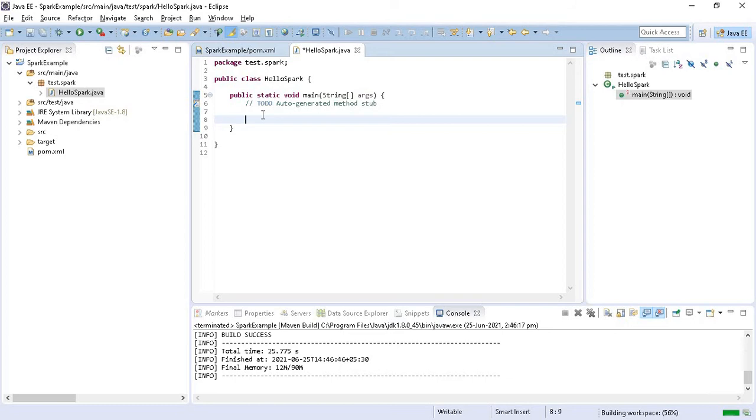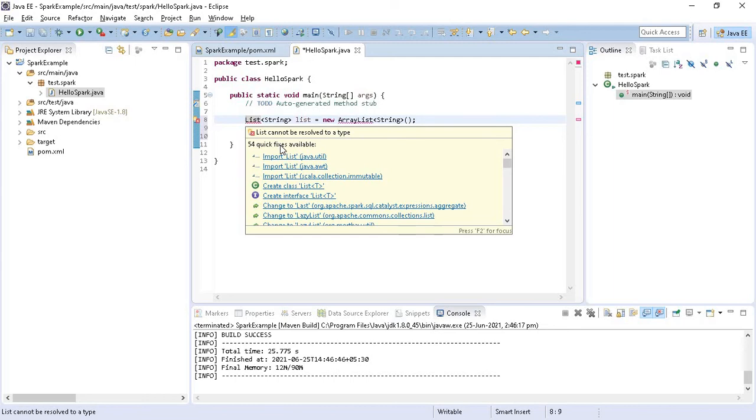Now the next thing is, we all know List in Java is an interface in the collection framework. We are going to have some dummy data available for this demonstration. When we are actually dealing with big data, we have lots of big data available. For demonstration purposes I am using this small set of data, and later I will try to use some bigger set of data.